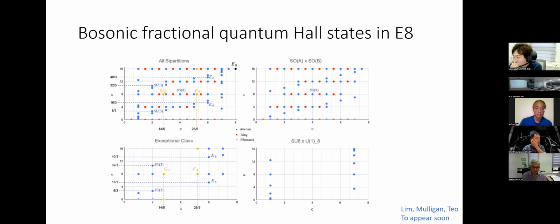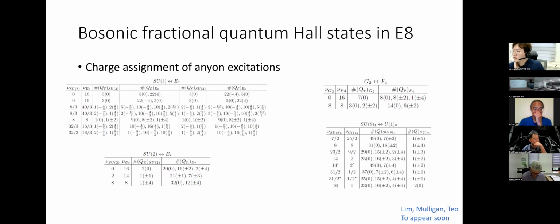So for example, in this case, I have a few of them. This E6 here is conjugate to this SU3, but they're actually different embeddings. For example, I can have E6 here or E6 here that have different filling numbers. And that corresponds to underlying symmetries corresponding to two different SU3 states. Right. And I think I'm going to skip the charge assignments.